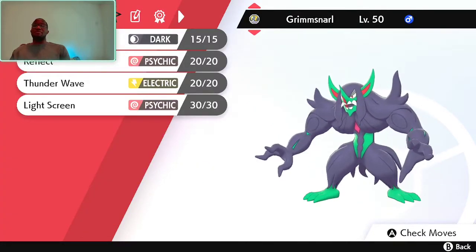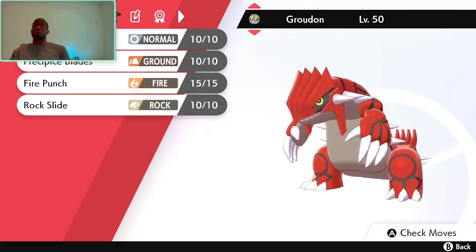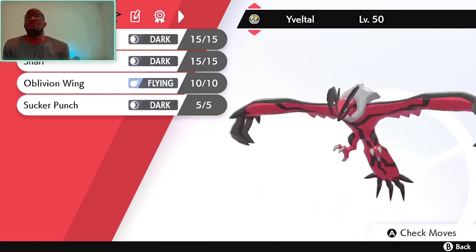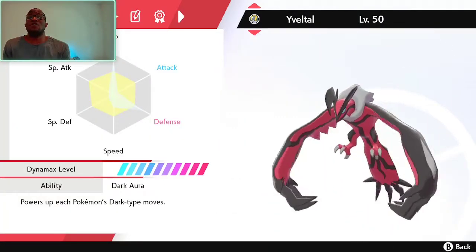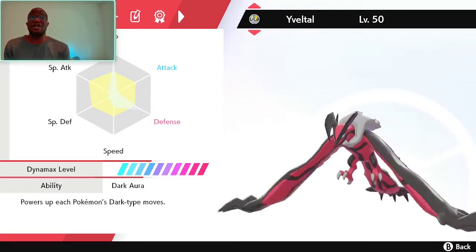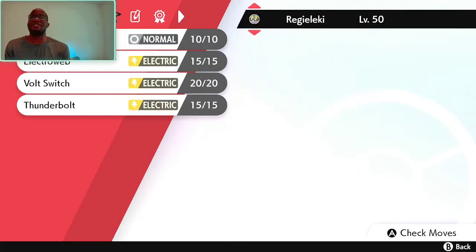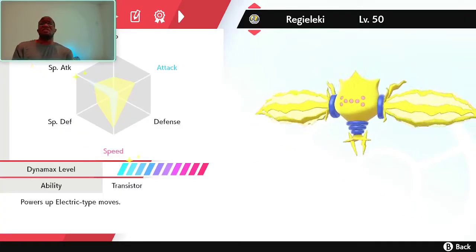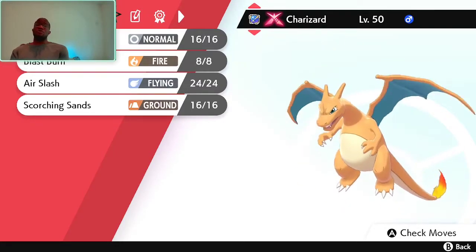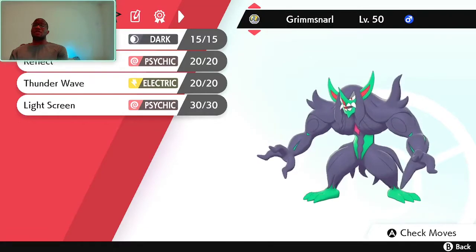Okay. Interesting team. Oh wow. Okay, yeah, cool. The Yveltal didn't even have that much offensive pressure. That's why Kyogre lived the, what was it? The max airstream. Lucky Step, Blast Burn, okay. Scorching Sands is cool. They also don't have